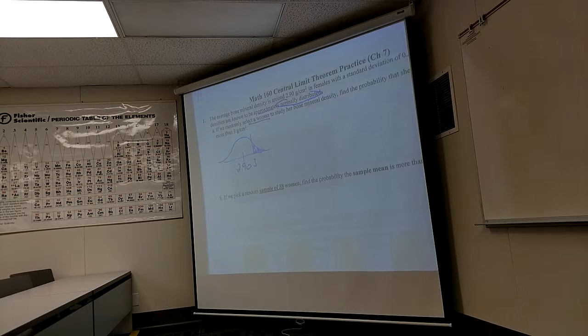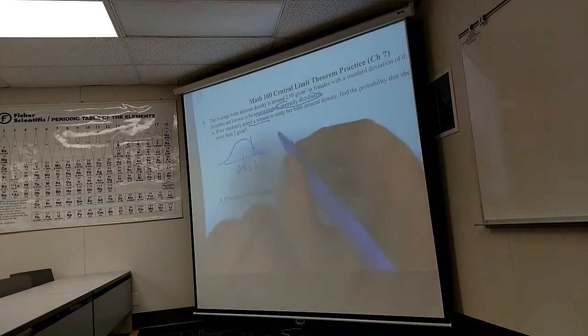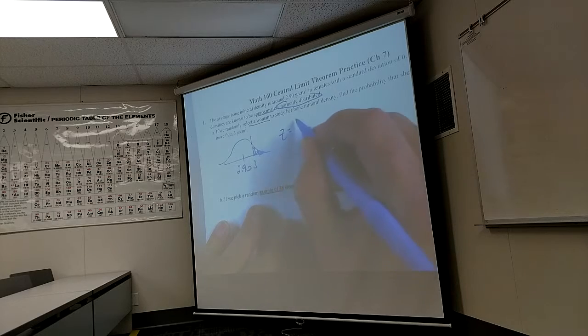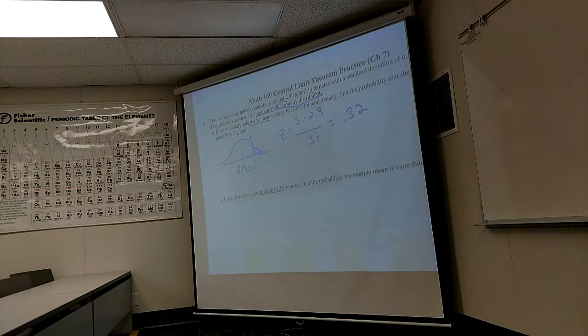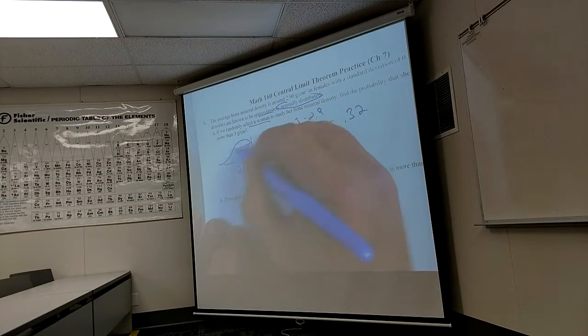So now, by this point, this is that classic z-score problem. So we need to have this just become second nature because we're going to start messing with this thing. So now I change that to a z-score. I think you guys got 0.32. Is that right? Do that work, you get 0.32. When we look up 0.32, you get